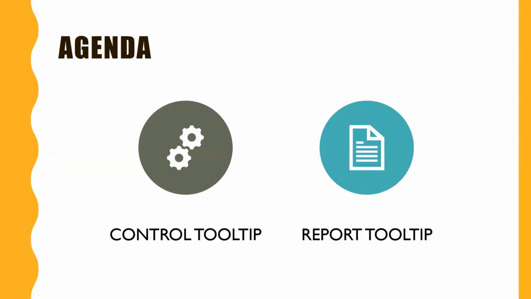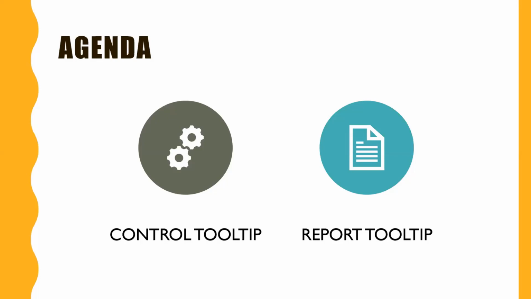You are already aware of what a tooltip is and how it works, but there are many more things we can do with tooltips. So we will directly jump into the demo, but before that, in general, there are two types of tooltips in Power BI. First one is the control tooltip. It's mostly when you hover on something, the control gives you detailing. I will showcase that, and then another one, which is the report page tooltip.